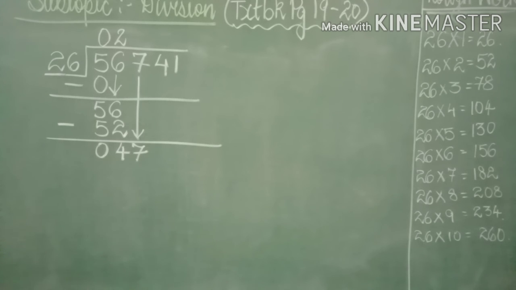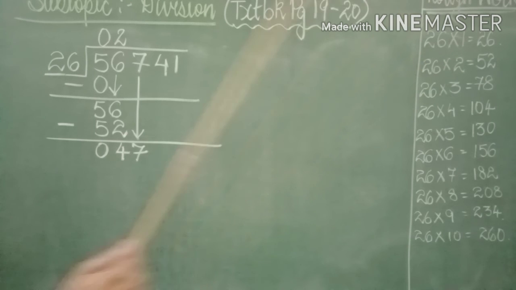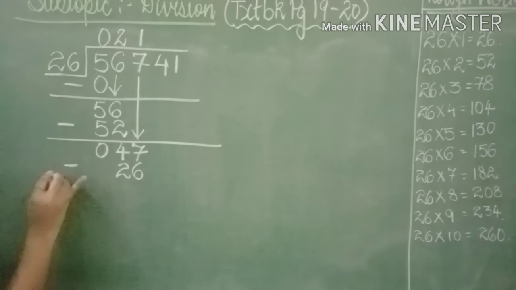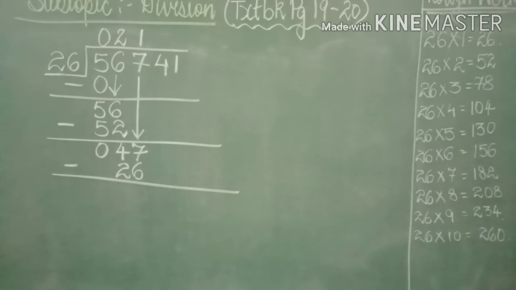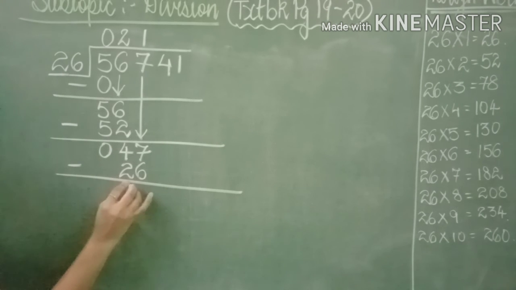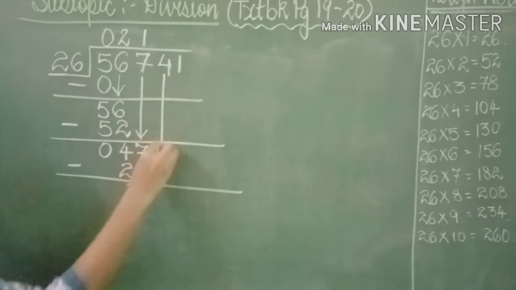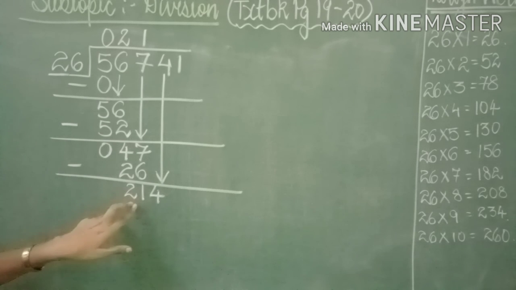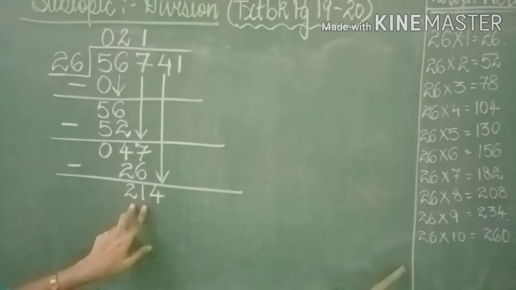Now as it is seen over here that 26 2s is 52 and less than 52 which number is there? That is 26. So what we will be writing? 26 1s are 26 with a minus sign and then we are going to subtract 47 minus 26. You can see 47 minus 26, answer will come as 21. Now this subtraction you have to do mentally everyone. Now we are going to pull down with an arrow the next number, that is number 4. Now what is the answer? It is 214.